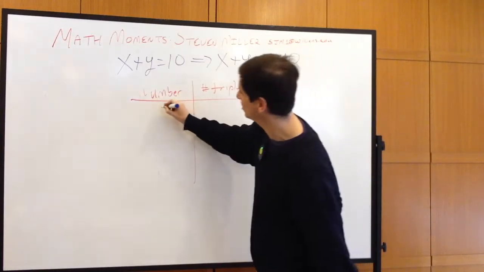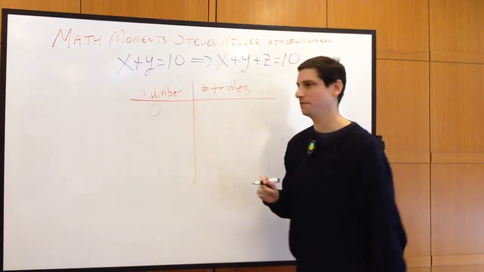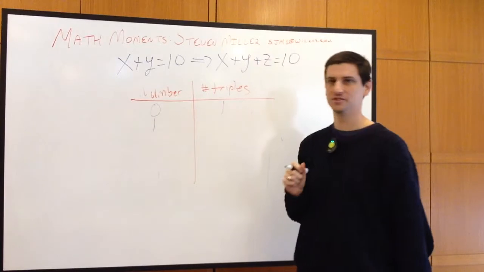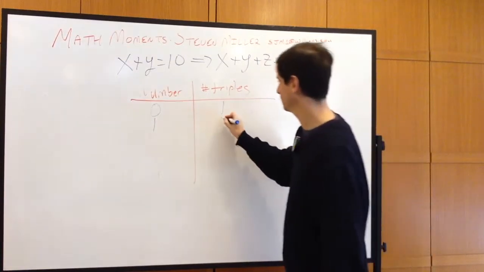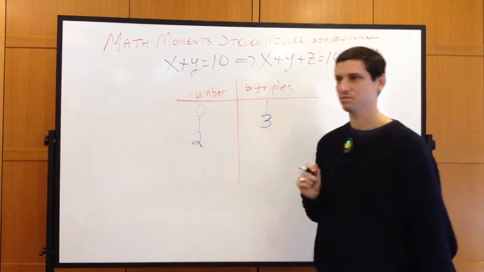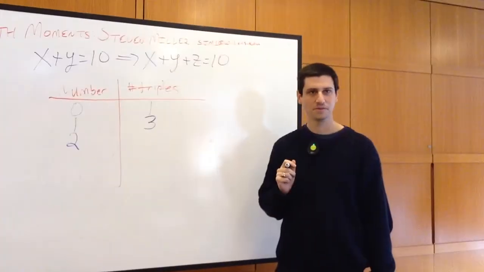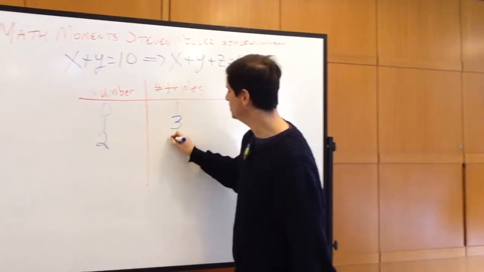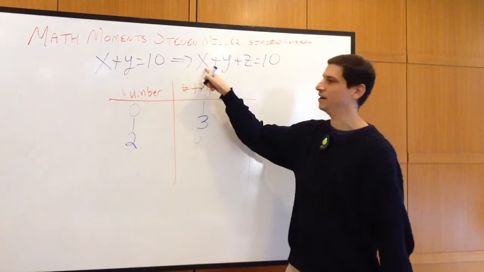So if our number is 0, how many decompositions do we have? 1. What if the number is 1? Can we do this in our heads? 3. What if the number is 2? 6. So the way you can see it's 6 is if it's 2, I can have one number is 2